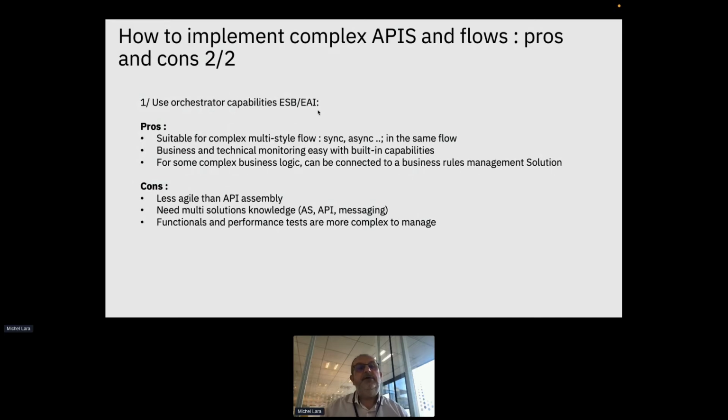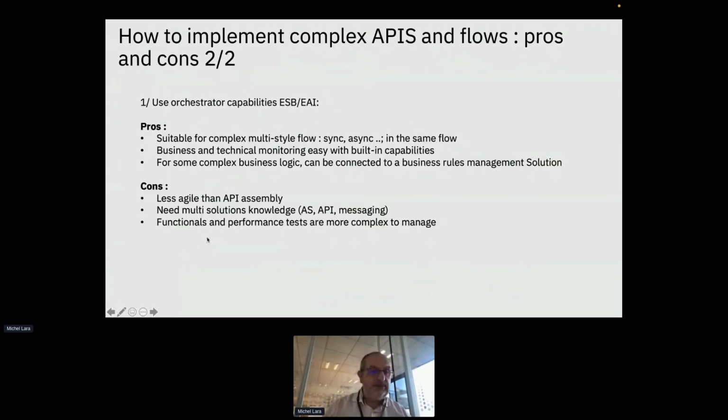Business and technical monitoring is easy because all these types of tools have a built-in capability to monitor on a technical view, but also on a business view, the complex business flow. Has my invoice been sent to my customer? This is not a technical thing to manage, and you can manage this type of business monitoring on the ESB, very often as a built-in capability.